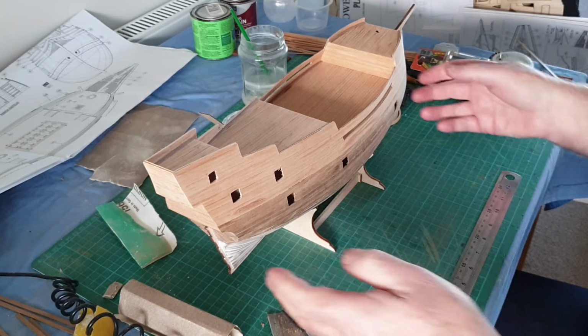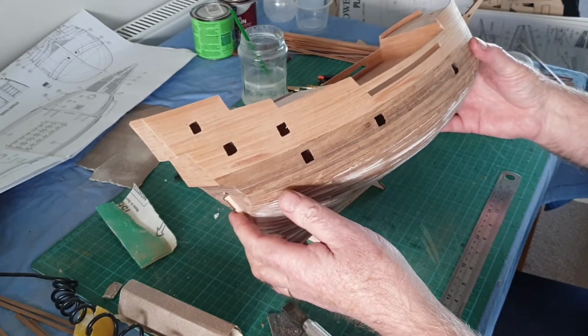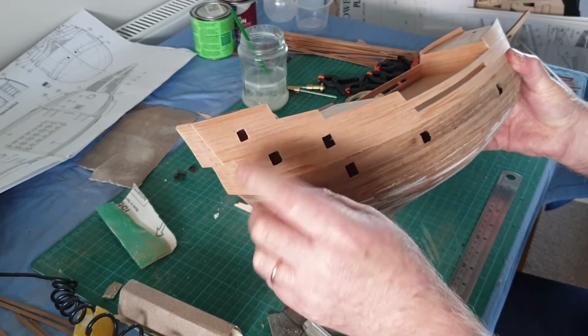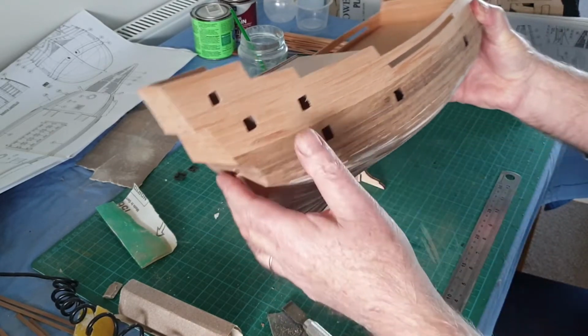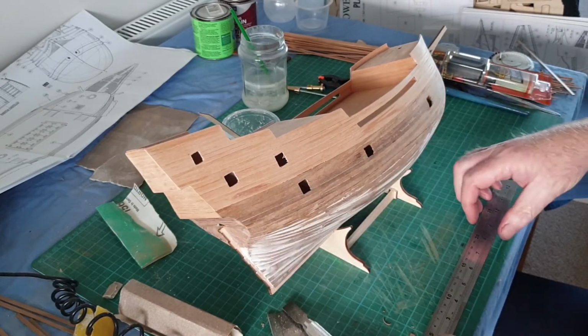So another day, and we've got all this side cut in, the starboard side. They're all cut in. This one, must note from the plan, is slightly smaller size. So now we need to go on to doing the other side, and the easiest way of doing this is to,